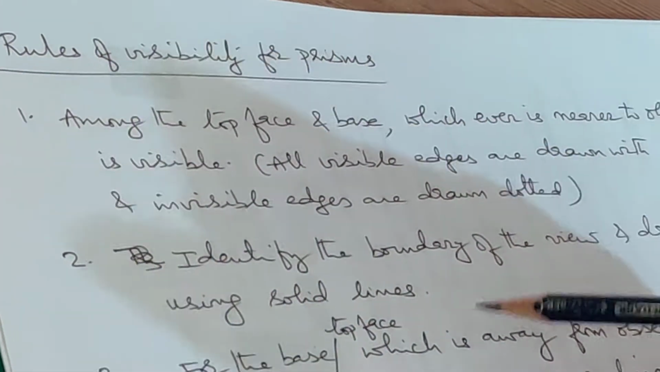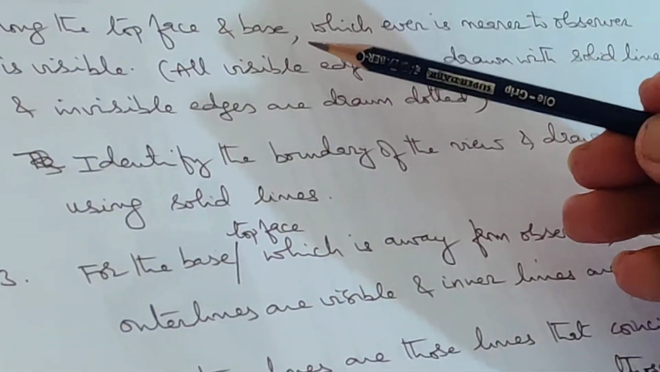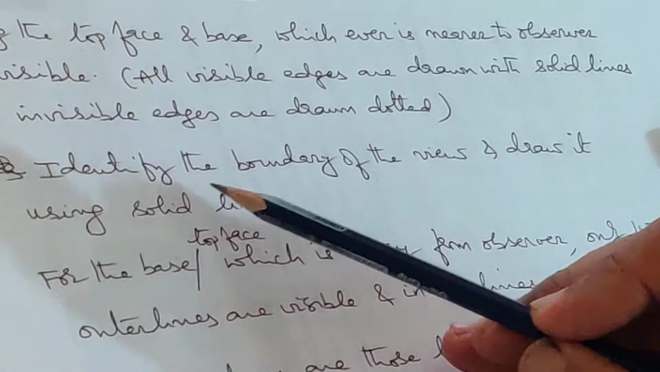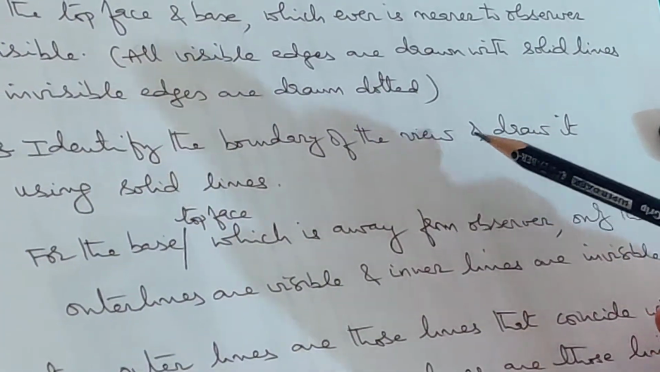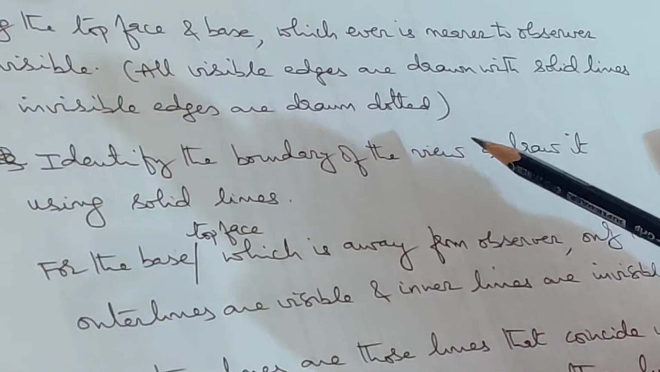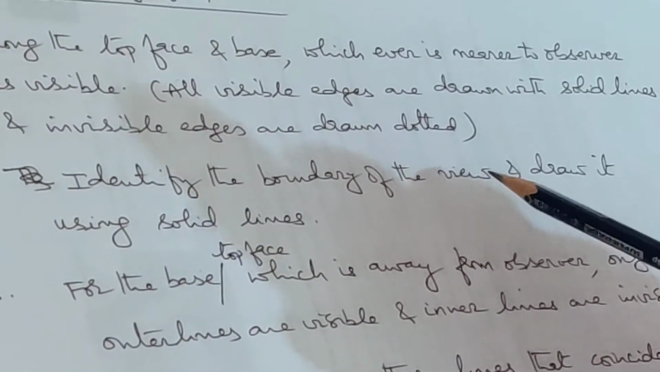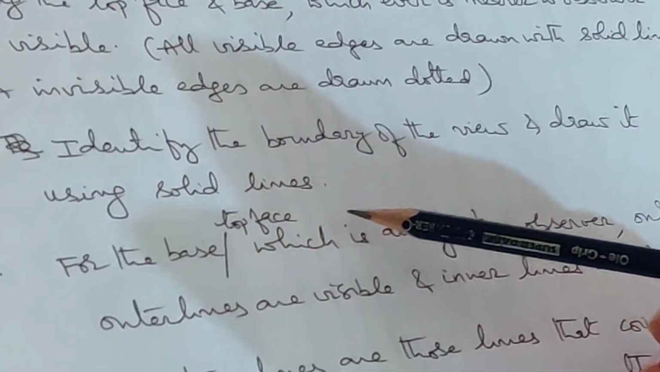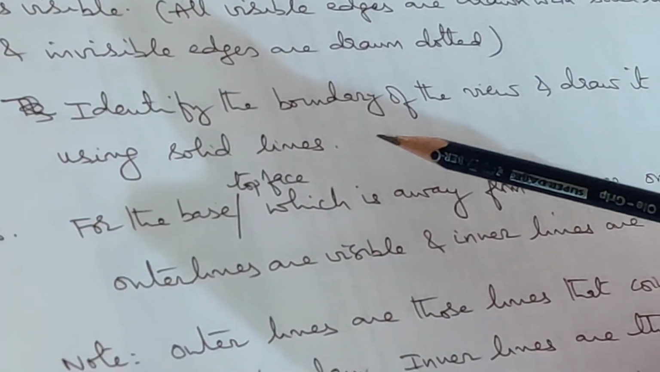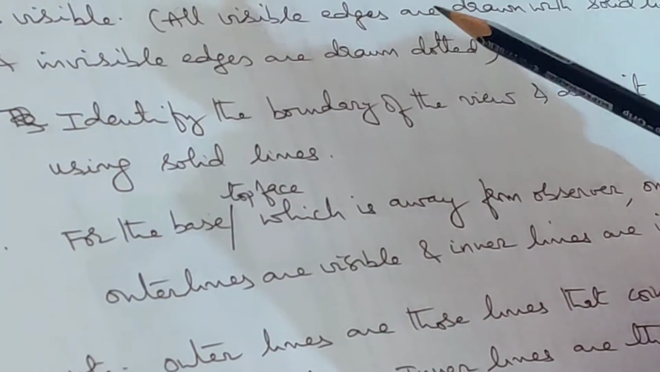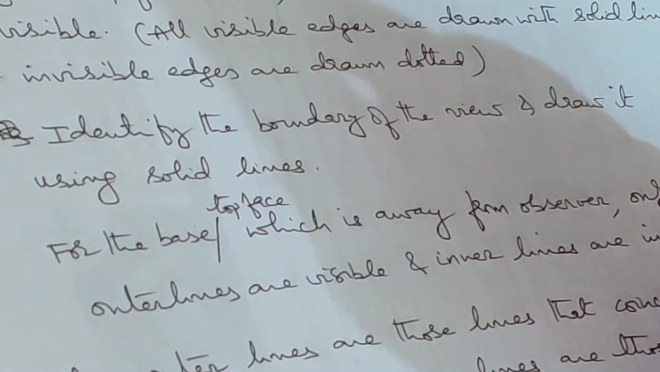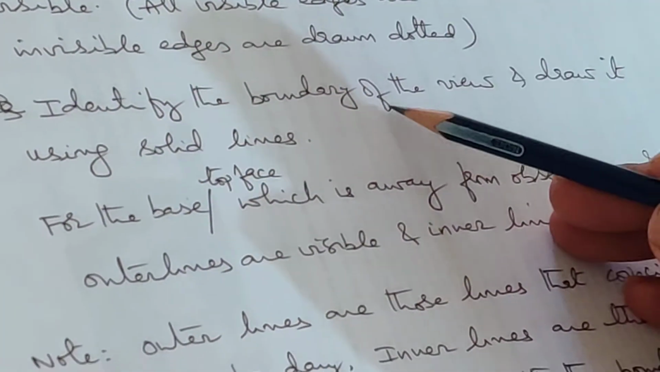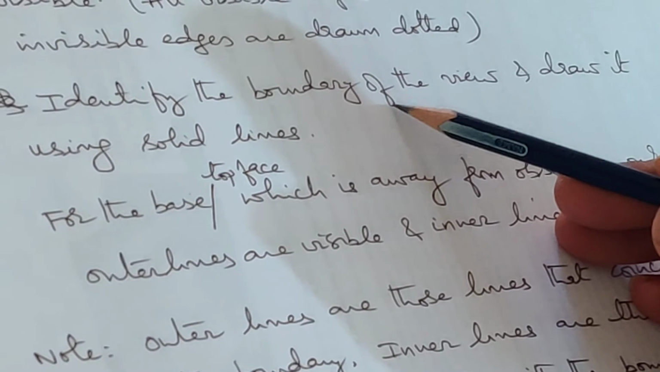Now what is the second step? After projecting the top face, you will project the base also, and then you have to identify the boundary of the view. I am going to demonstrate it when I move to the problem. So the second step is to identify the boundary of the view and draw it using solid lines. Make sure, an important note, the boundary of any view should always be drawn using visible lines or continuous solid lines. So the boundary is always visible. The third